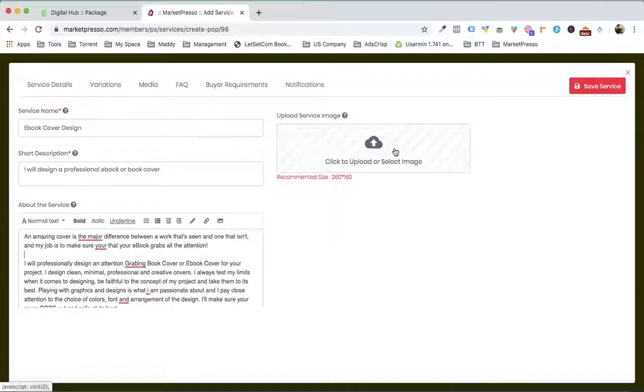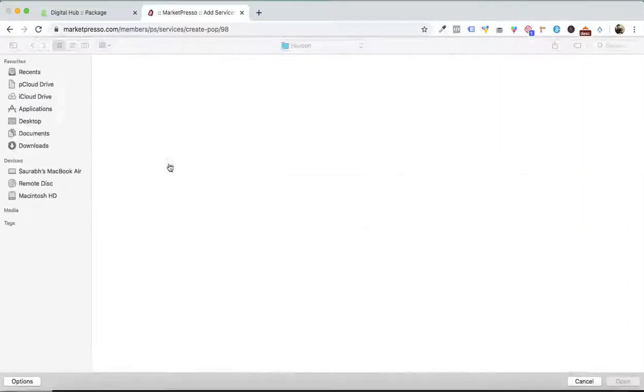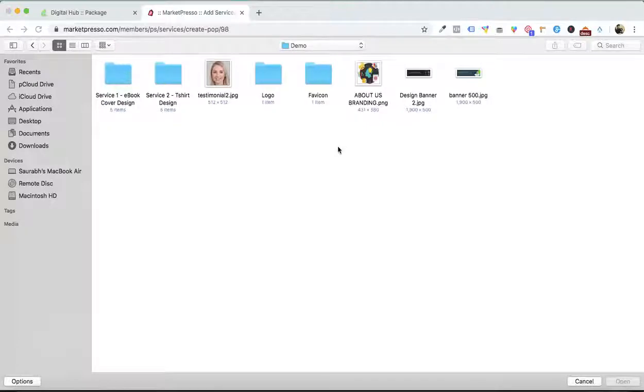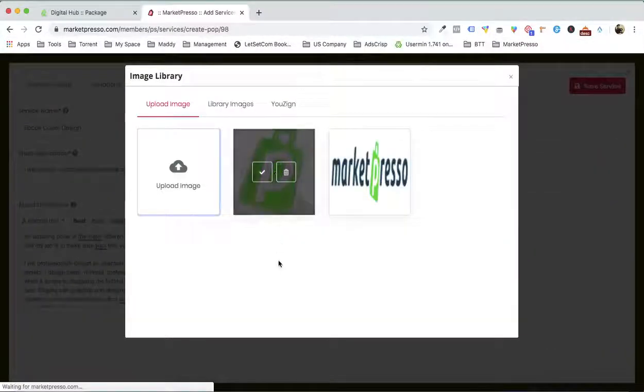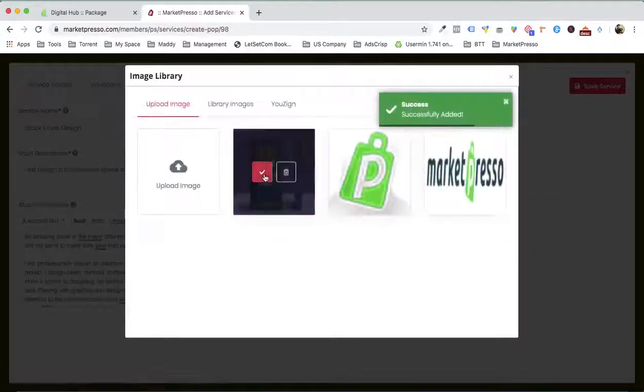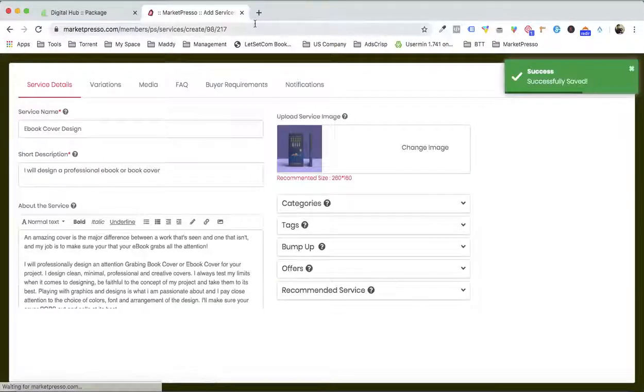And then we can upload a service image right over here. So I'm gonna go back to the demo, and then I have the images right over here. So I'm gonna click over here, and I'm gonna select an image. Okay, so I have this image, and then I'm gonna save the service. I'm gonna save the service. Now we created